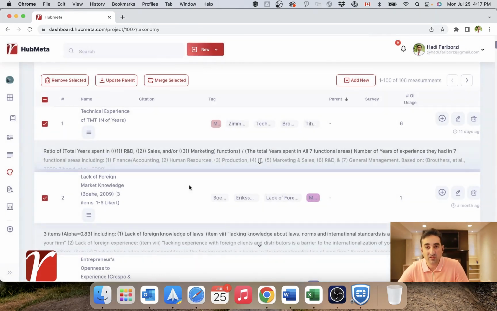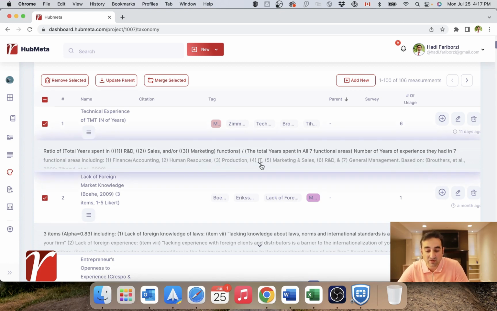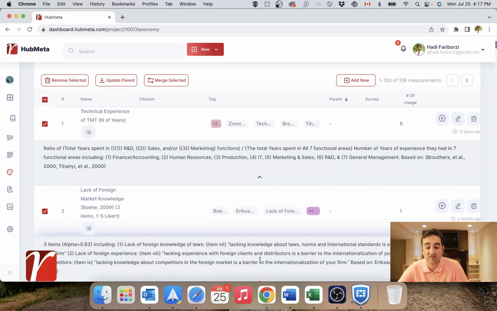One important point here is that you have to be very vigilant with how you attach these measurements to your constructs. You have to carefully read the definitions and see if grouping them together actually makes sense, so that if further down the road a reviewer or a future reader asks you how do you group these two measurements together, you have the right answer and you can justify that grouping.